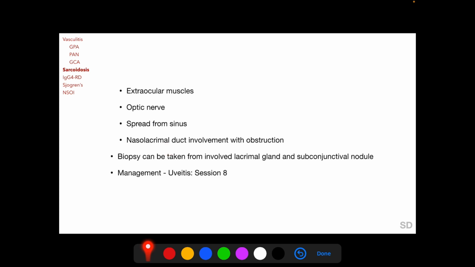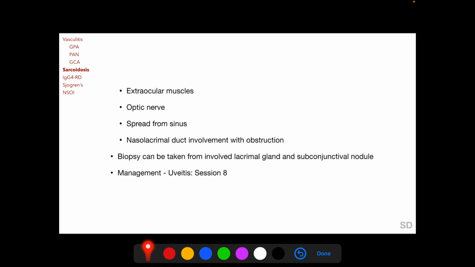But extraocular orbital sarcoidosis and intraocular sarcoidosis rarely occur simultaneously. Biopsy can be taken from involved lacrimal glands and subconjunctival nodules, and management of sarcoidosis has been discussed in the